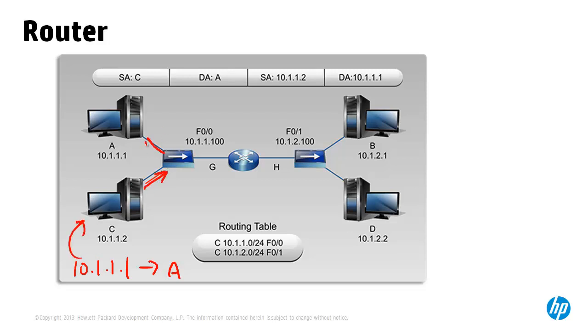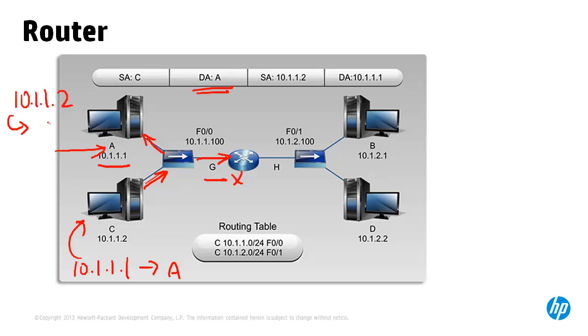The hub will forward the frame out of all ports. The router will receive a frame with a destination MAC address of A, but its MAC address is G, so it'll drop the frame. A will receive the frame because the destination address is A and its MAC address is A, and it will then update its ARP cache with its ARP reply showing that IP address 10.1.1.2 is associated